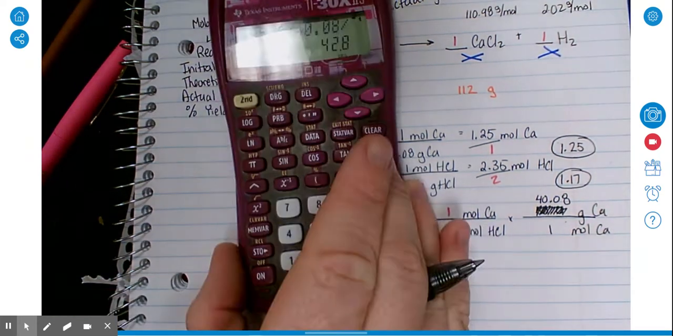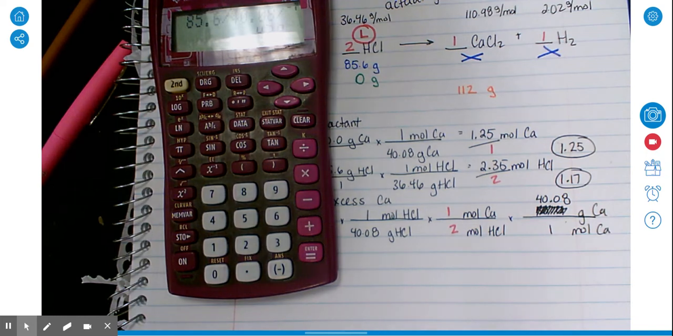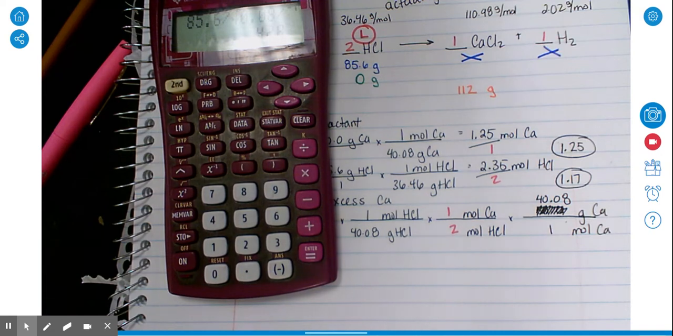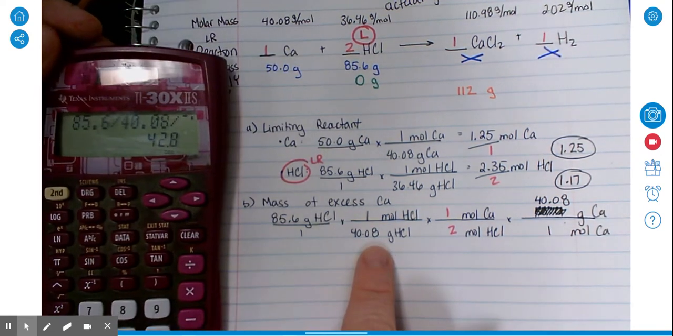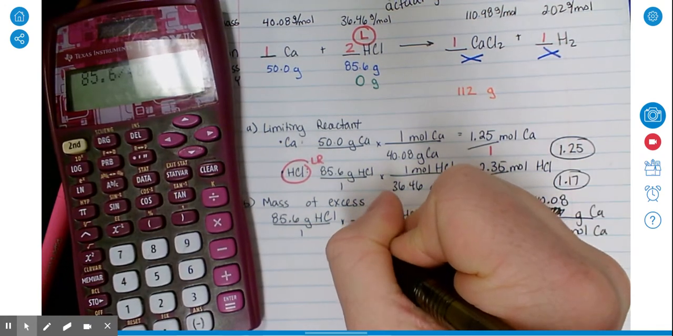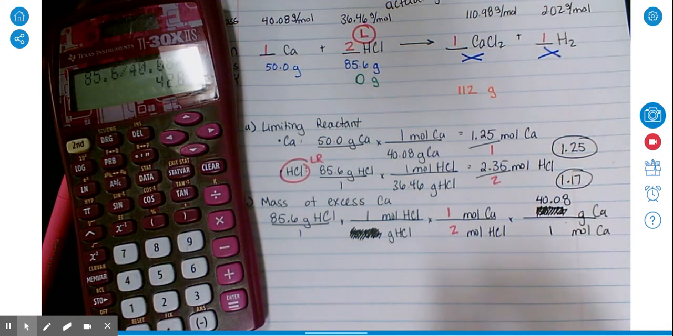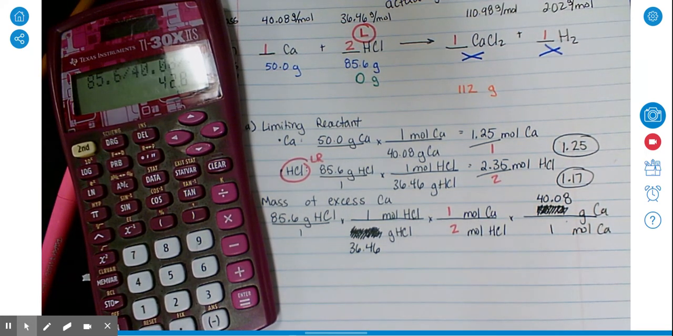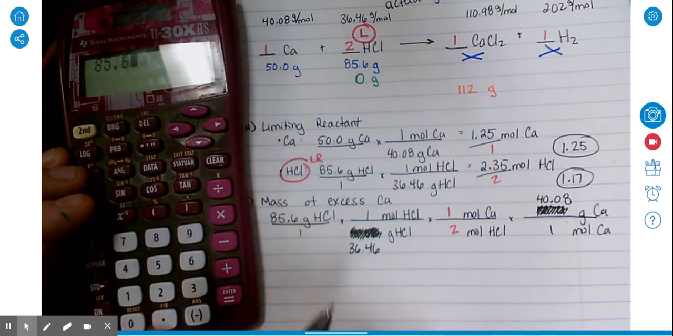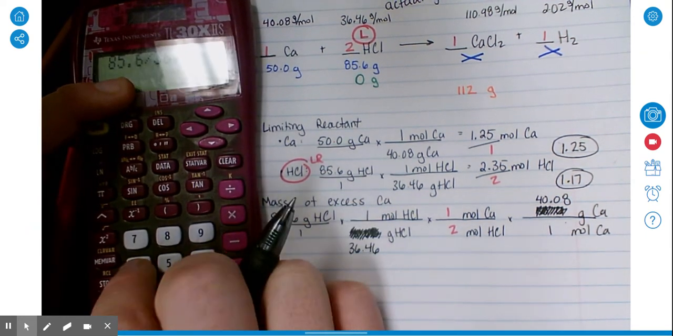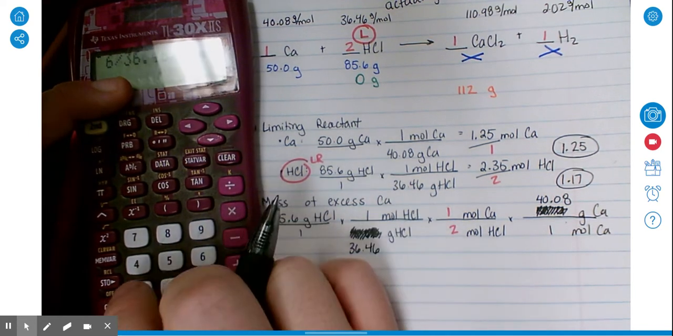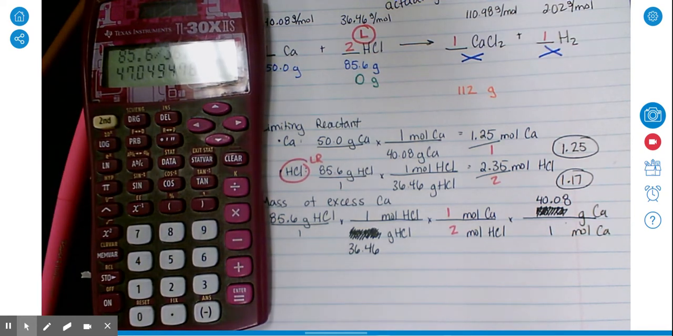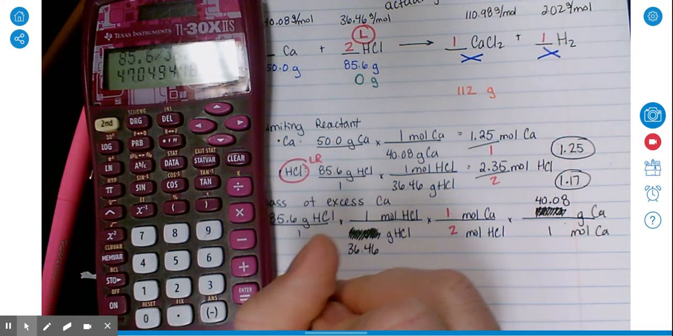Okay, that looks better. My reaction is going to use 42.8. Let me see. I got all messed up here. All right, I pulled a lot of wrong numbers. That's a 36.46. Okay, after I get my molar masses wrong, third time's the charm. 85.6, divide 36.46, divide 2 times 40.08. There we go. My reaction is going to use 47 grams